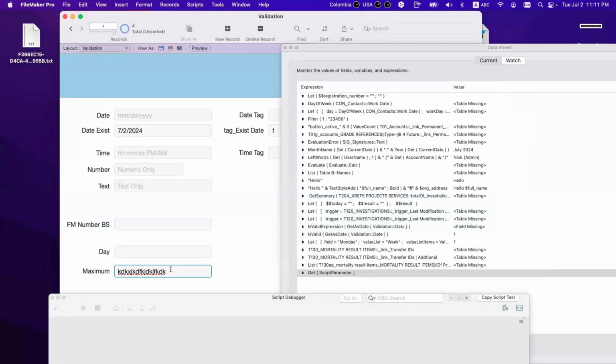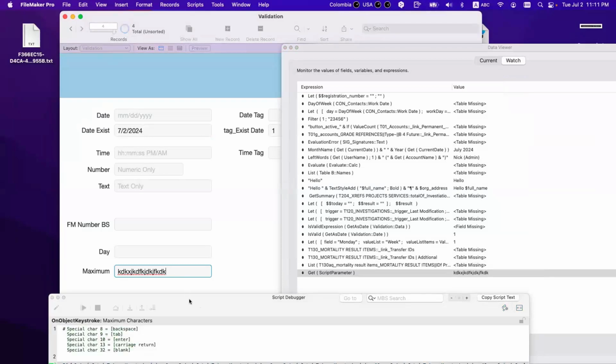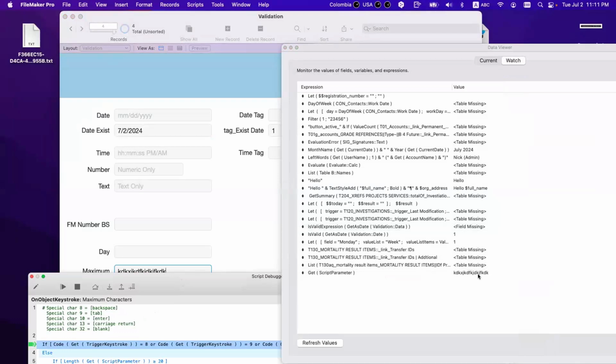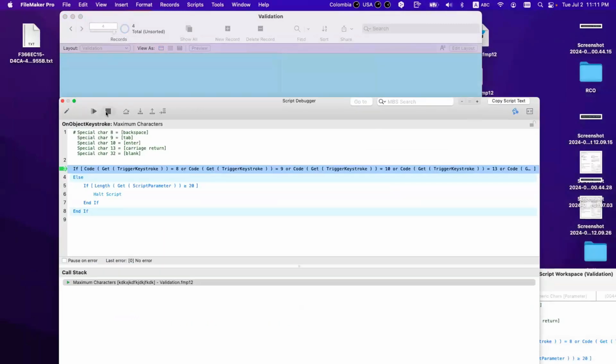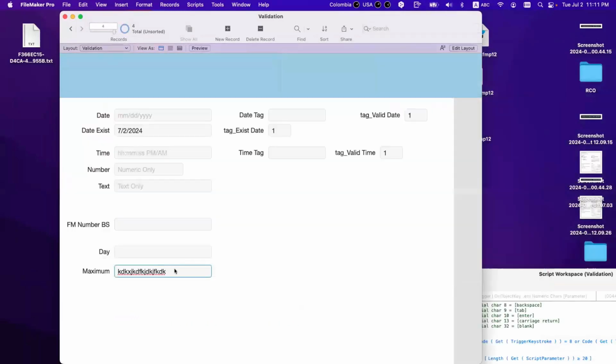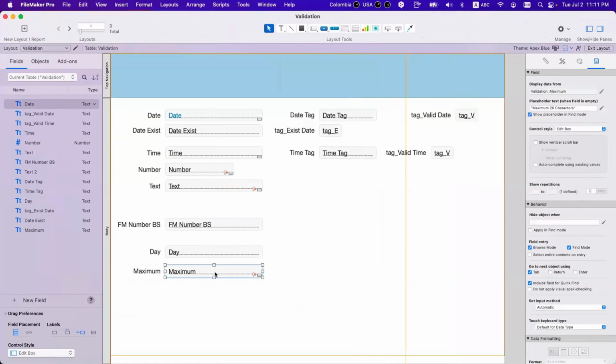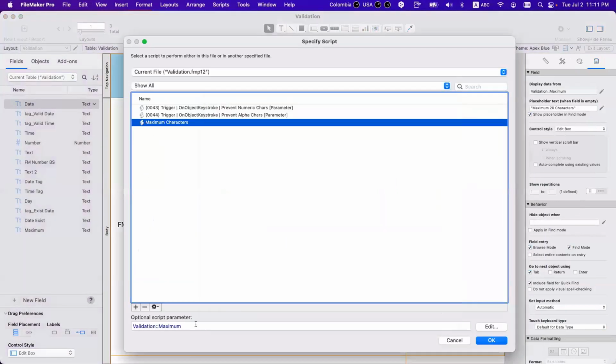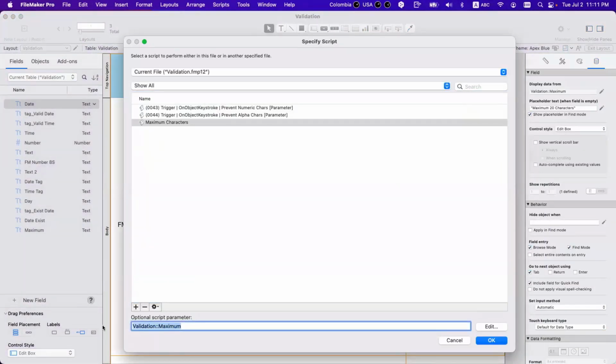See, if I add a y at the end, this is the field itself, right? That's why you use a script trigger on keystroke, and you put whatever in the field.